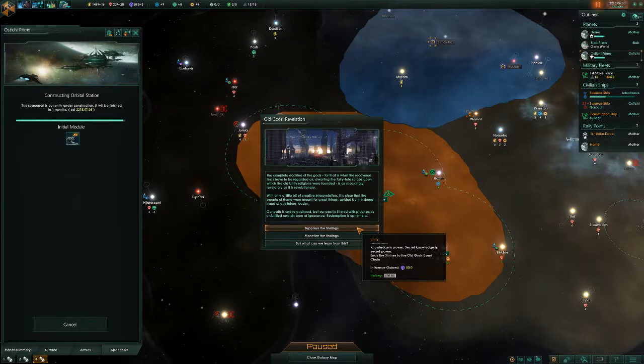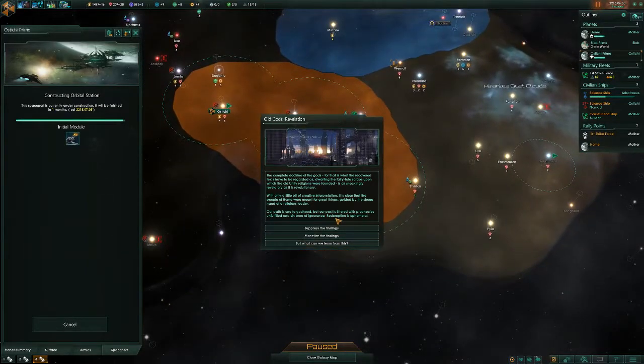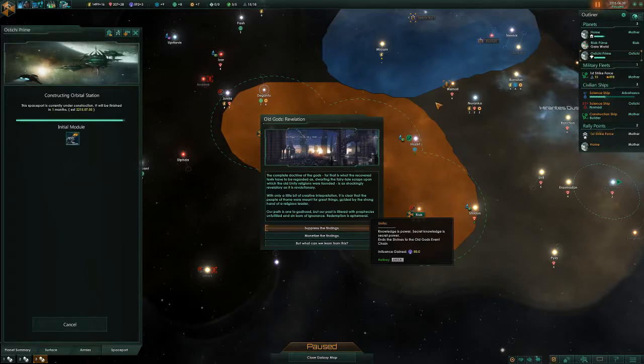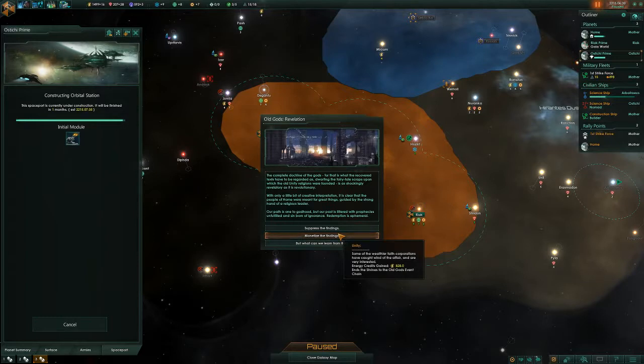Alright, so I'm guessing most of this is because I'm spiritualist with a spiritualist government. I can get some influence, which I don't need, but it ends the chain. Do all of these end the chain? Yes, all of these end the chain. So monetize the findings, I can get some energy, which isn't that important, or I can get some society research, which is not a lot,